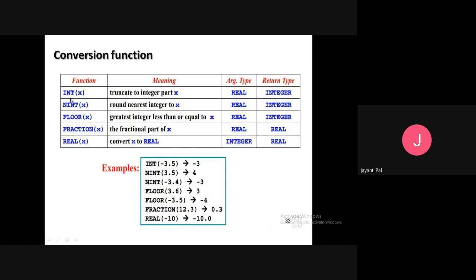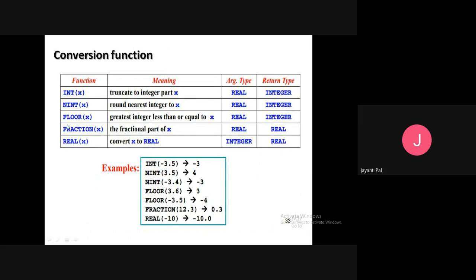Basically this function converts any real value into an integer. Here an example is given: int(-3.5) will return minus 3 only. That means only the integer section it will return.